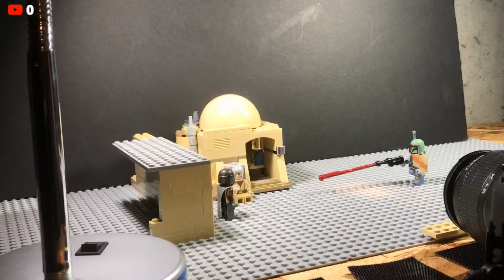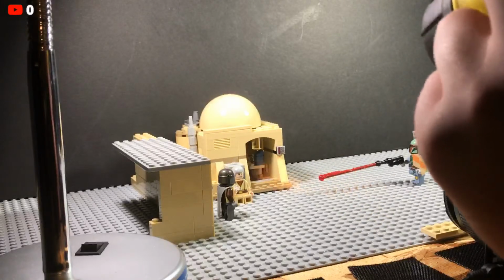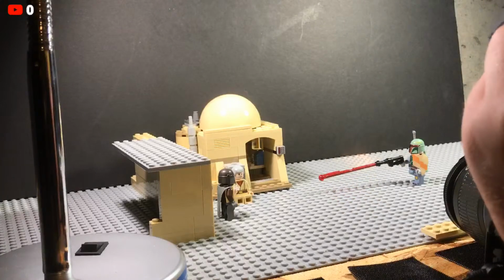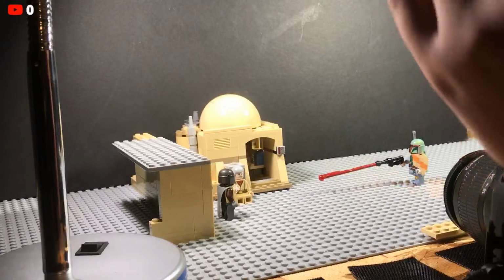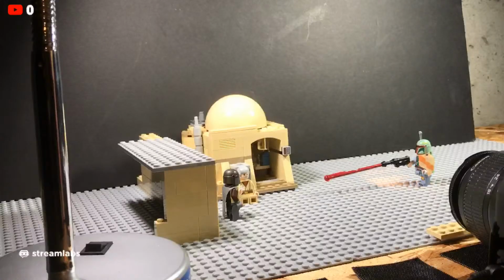Now time for the flashlight. Let's see. Probably put some paper over the top of this light to diffuse it a little bit and spread it out just a hair, you know. Let me try this again. It's not really working now. My only problem is this light isn't too bright, so I can't really get everything I was hoping. But